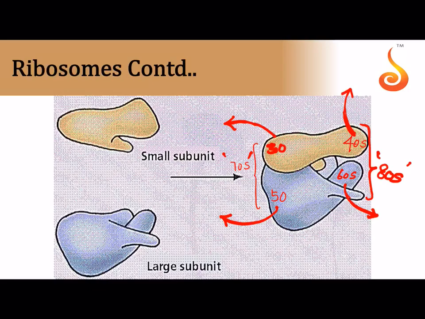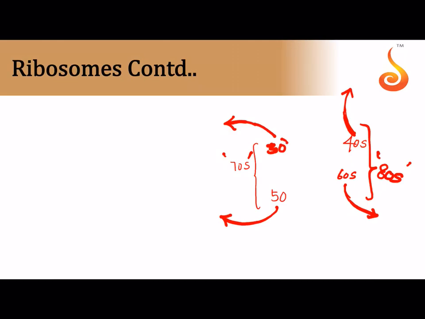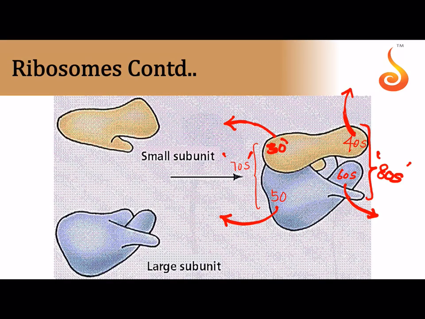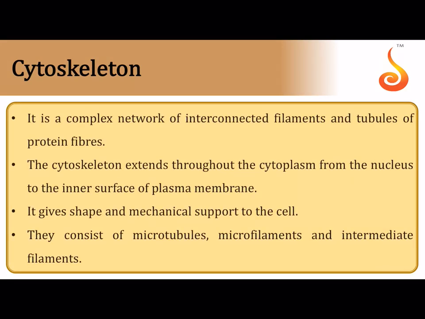I had also told you about these being nucleoprotein complexes. They have protein along with rRNA. The rRNA found in the 30S smaller subunit of the 70S particle is 16S, very good. Which is the rRNA found in this case? It is 5S and 23S. In this case it is 5S, 5.8S and 28S. In this case it is 18S. So you should remember how many proteins are there and how many types of rRNAs are there inside the ribosome.